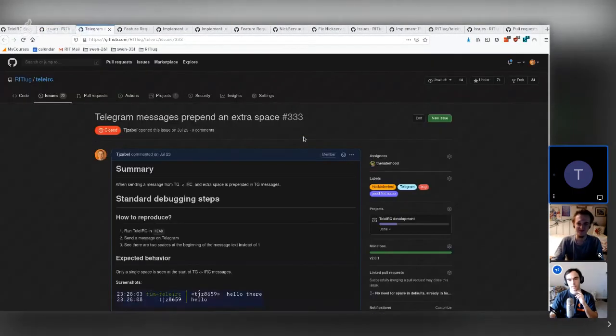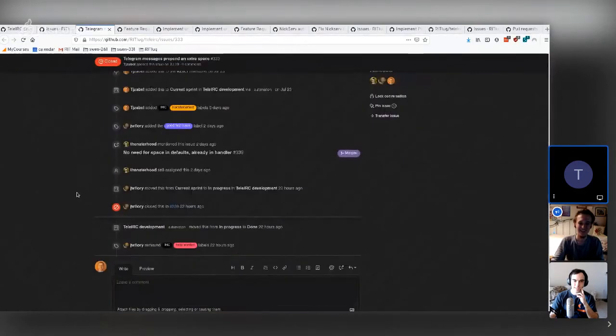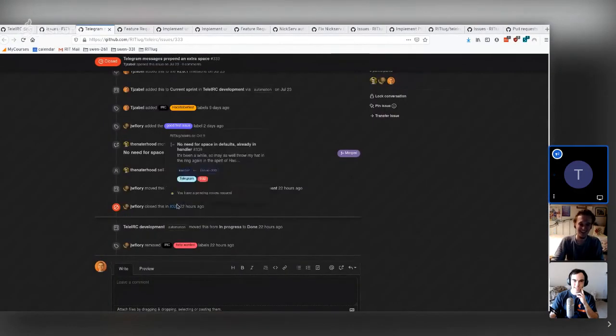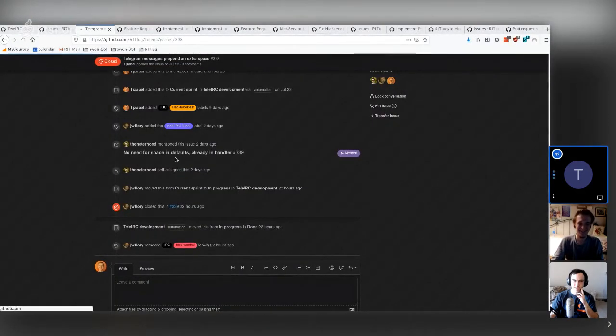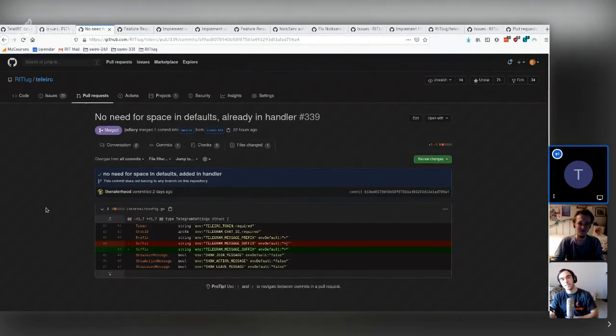Okay, I need to... this annoyed me immensely. This was such an annoying issue because there were always two spaces in IRC, and I did notice that. I actually need to test this. I don't know why it does work. It's running in our channel right now. I seriously don't know why